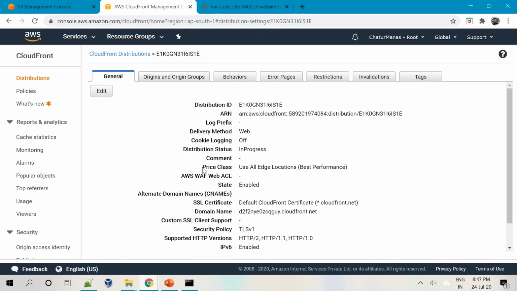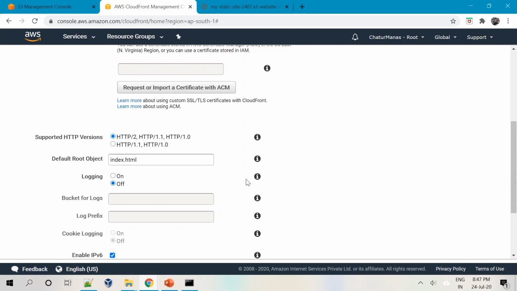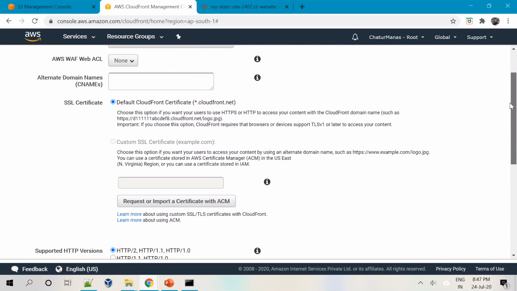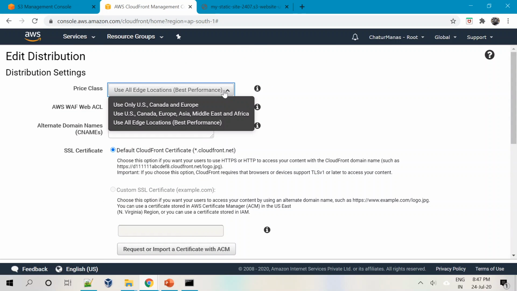Even after creating this particular distribution, anytime you can come and edit this. So for example, I'll edit this and I will choose the distribution. There we go. You have US only, Canada, Europe, then you have US, Canada, Europe, Asia, Middle East, and Africa, then all edge locations.